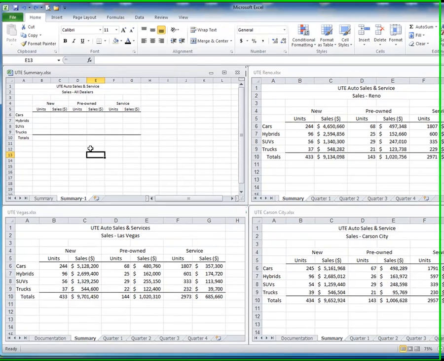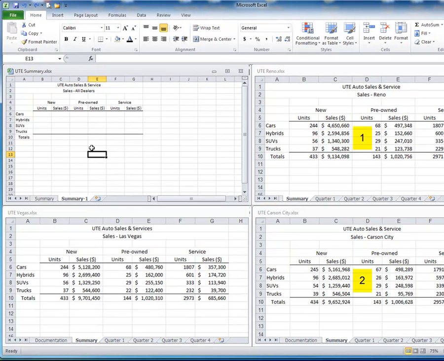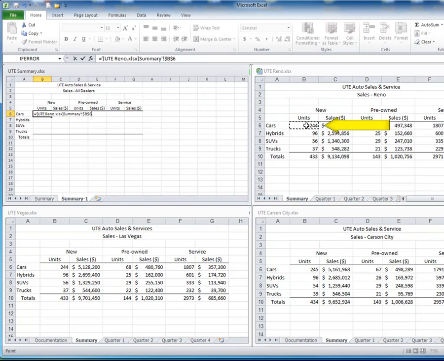Here we have three spreadsheets where we want to summarize all of that information into one spreadsheet. So we begin by clicking in the blank summary, inserting a formula starting with an equal sign. We go over, we click on the first cell that we want to add, and up in the formula bar